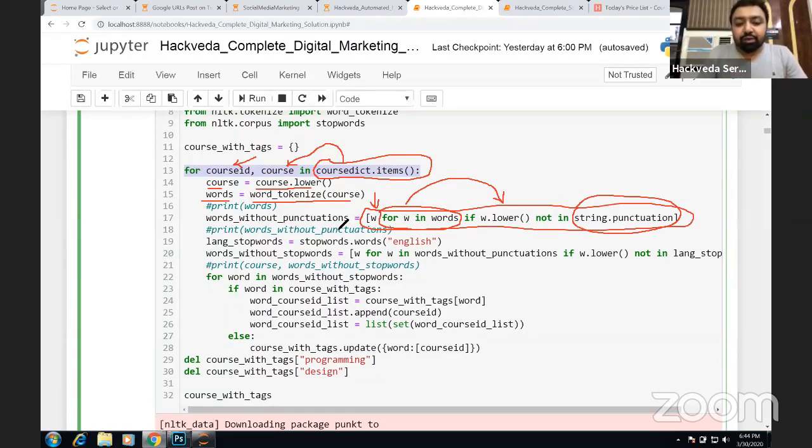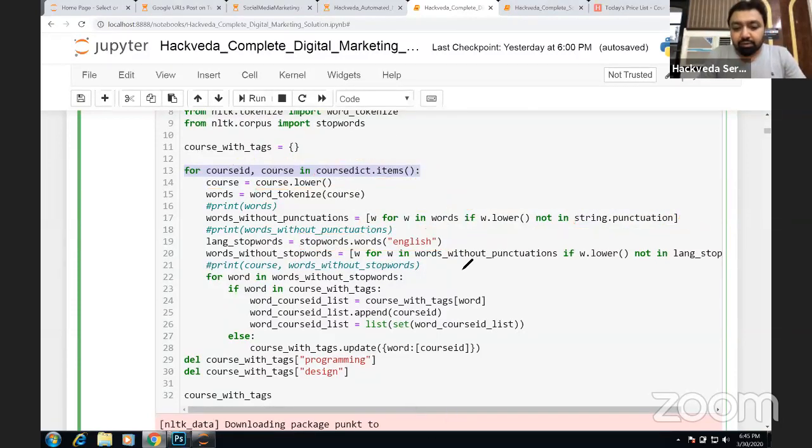So once we guys have got this, then we have created an object for stop words English, so that we can remove English stop words out of the product information which is available. Let me just clear that before we proceed further. Now, in the next thing, what we are going to do for the remaining words, after removing the punctuation marks, what we need to do now, out of these words without punctuations, we are going to search for those words which does not fall under stop words.